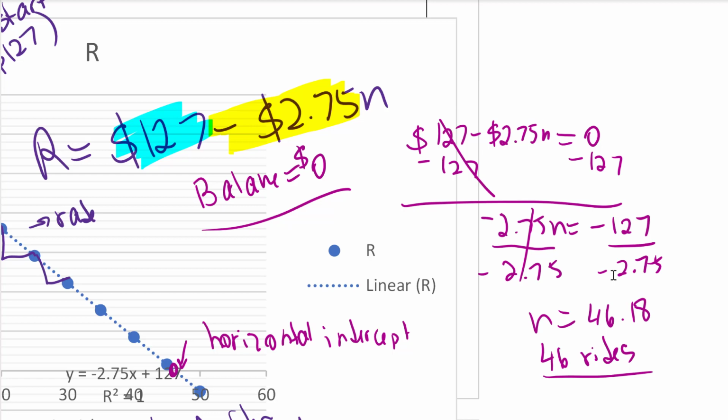And then 4 Sundays, that's additional 8 rides. So that would be 52. So he needs 52 or maybe 50 to 52 rides, depending on the month. But this card with 127 on it will only last 46. So it does make sense for him to buy the unlimited, given the amount of time he takes the